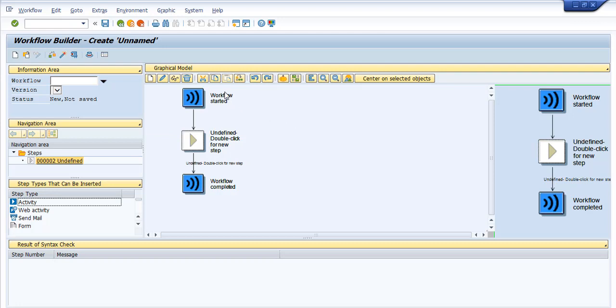Here they have several standard utilities such as cut, copy, paste, delete. You can change the steps, create new steps, display a step by selecting it and clicking on there. You can undo, redo, and line the icons up, focus in, zoom out, etc. So it's a fairly nice user interface for